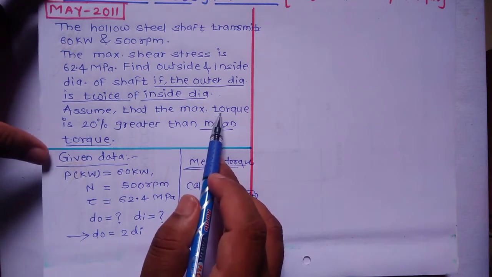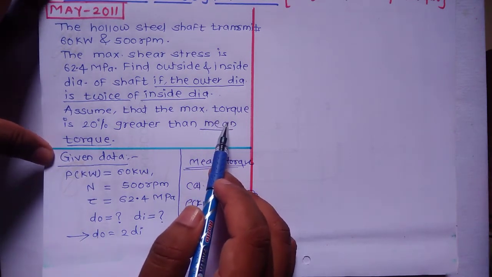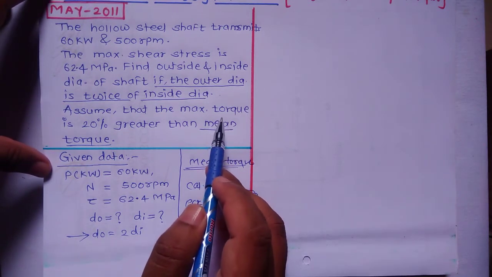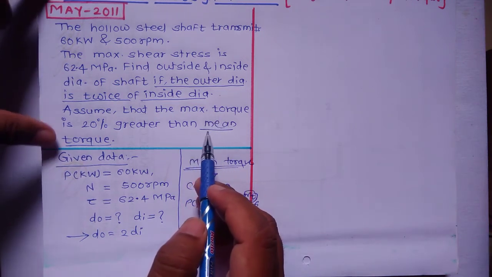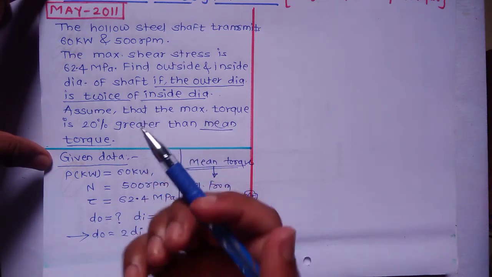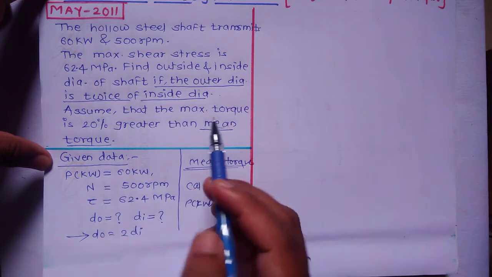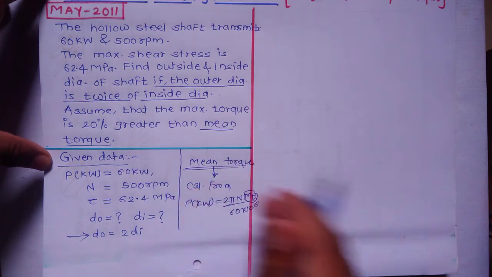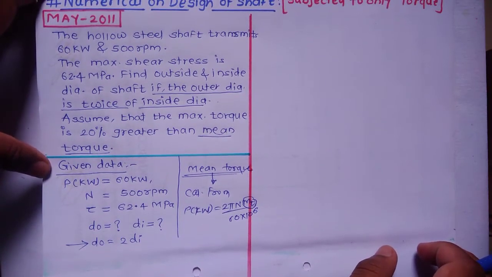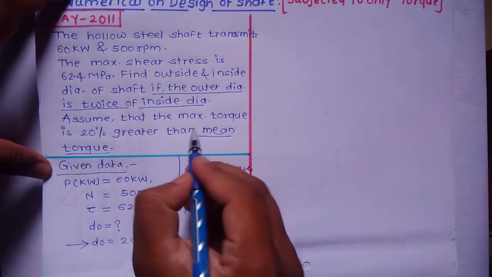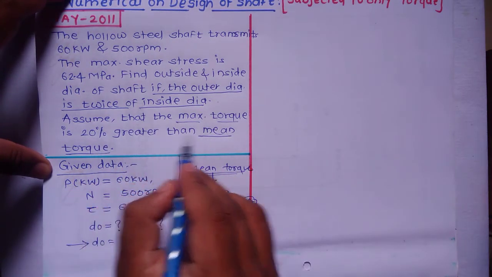Now why is the maximum torque considered here? It is given because when an electric motor starts, initially it exerts a higher torque. That torque, for that little start time, is higher than the mean torque, and it must be considered because after all, it is a load. Maybe for some initial time period that maximum torque will act on the shaft, but we have to consider the maximum torque which acts initially when the motor is just started. So we consider the maximum torque as 20% greater than the mean torque.